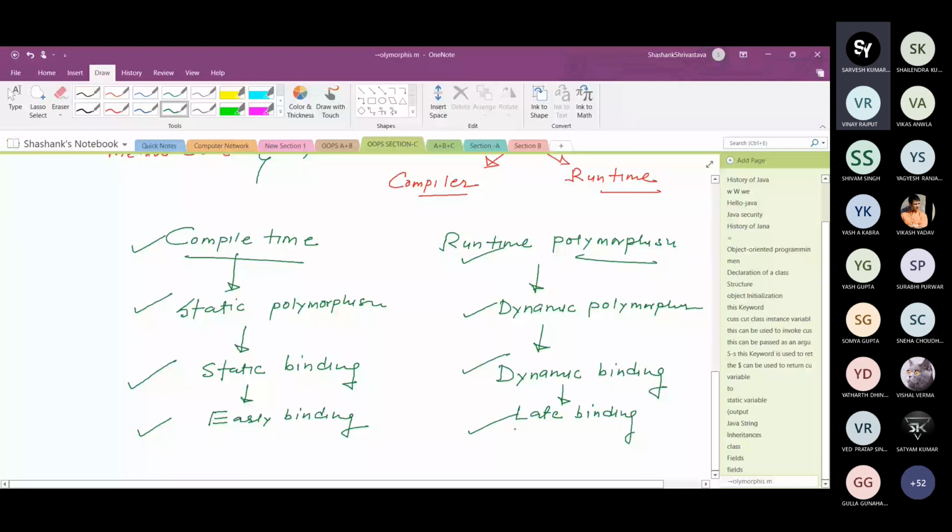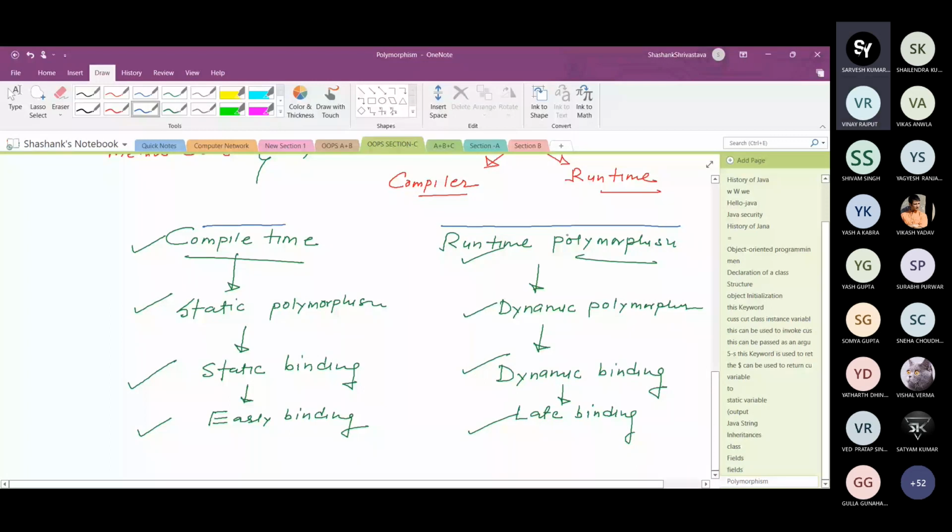Now, there are two types of polymorphism, compile time and runtime polymorphism, or static polymorphism. So if you overload and override the method, when does the polymorphism occur, compile time or runtime?